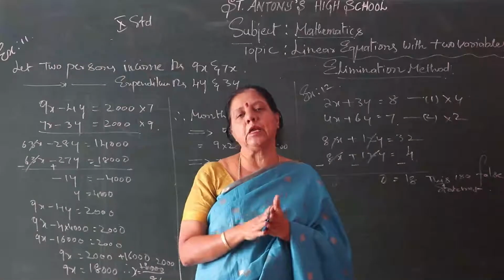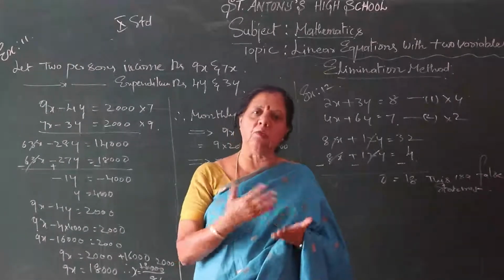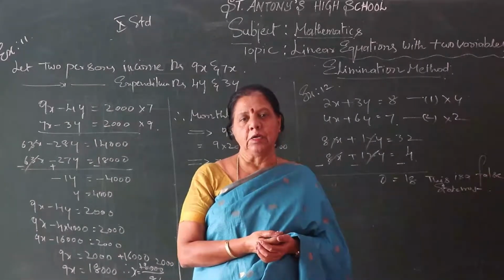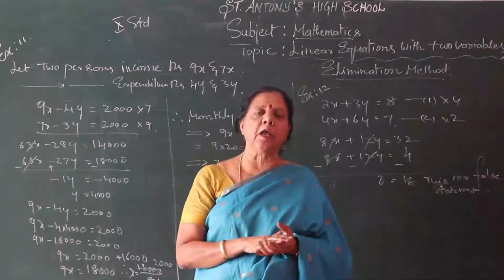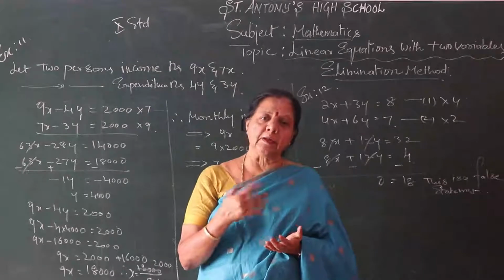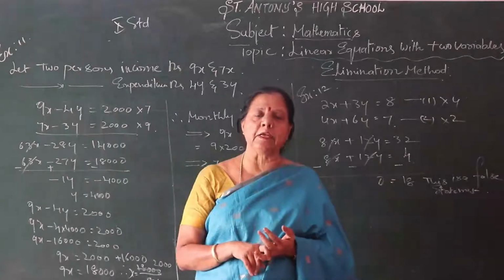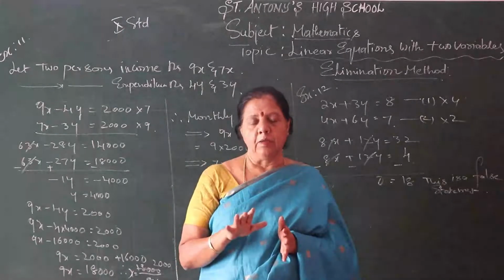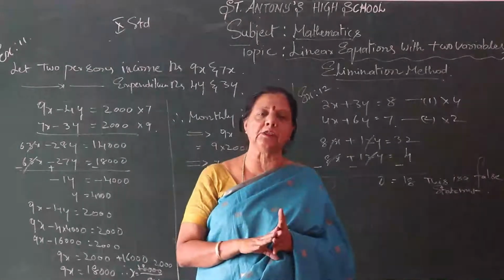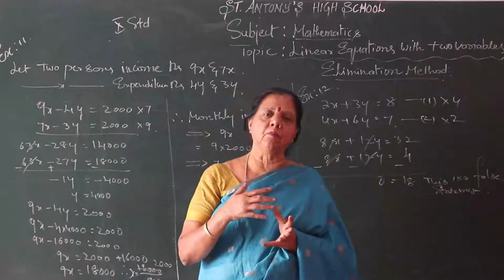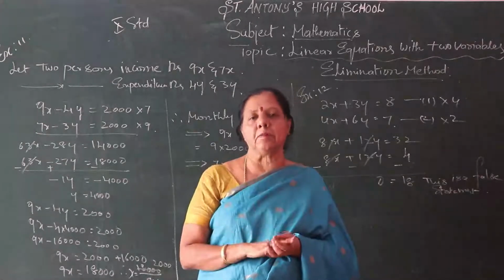What you have done in the reducible method, the same thing you are doing in the elimination method. The same methodology. Usually in your textbook they have given the substitution method and the cross multiplication method also, but they eliminated those. So that is why I am going to the simultaneous method.